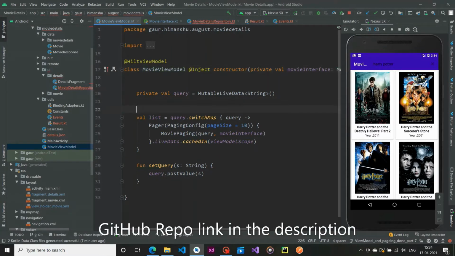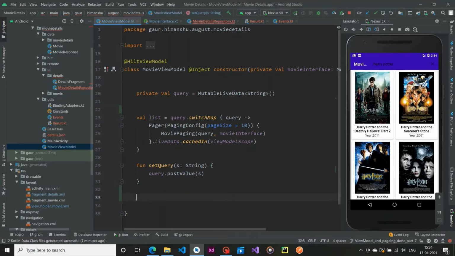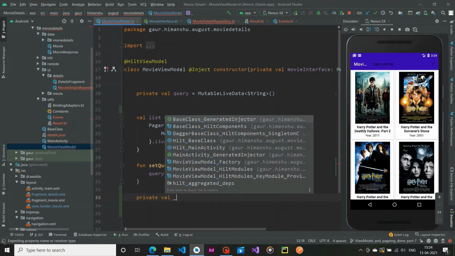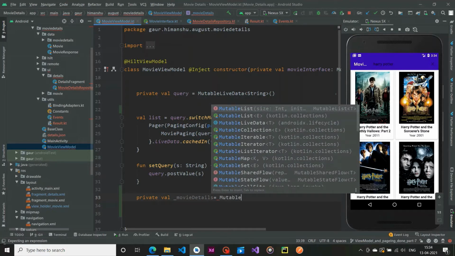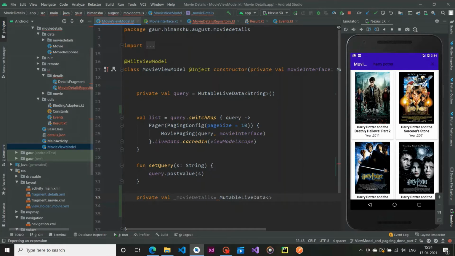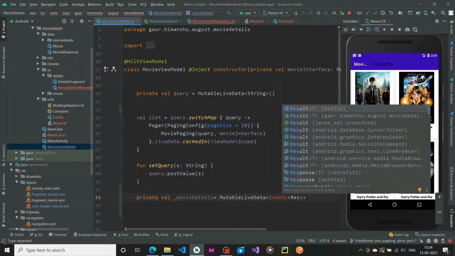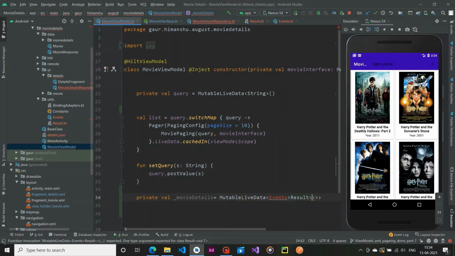And here I need to create one mutable live data. So private val, and I'm going to give it the name movie details, which is of type mutable live data, and it will contain events, and within our events it holds a result.